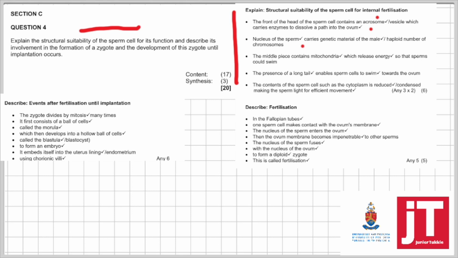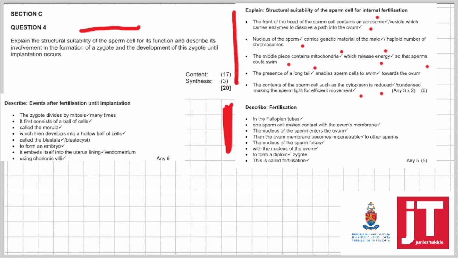The middle piece of the sperm contains the mitochondria, which releases energy, which allows the sperm to swim. The presence of a long tail allows the sperm to swim towards the ovum. Then the contents of the sperm, such as the cytoplasm, are reduced. It makes the sperm lighter for efficient movement. Right. Then it talks about